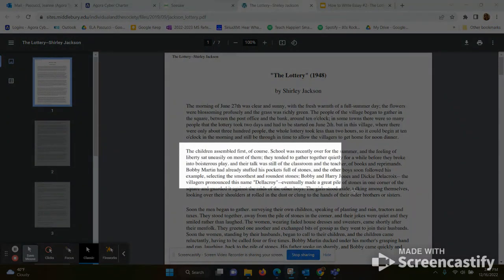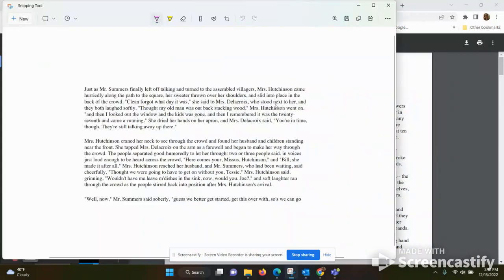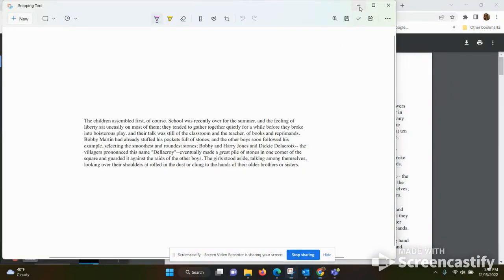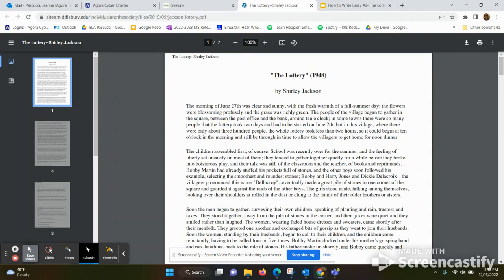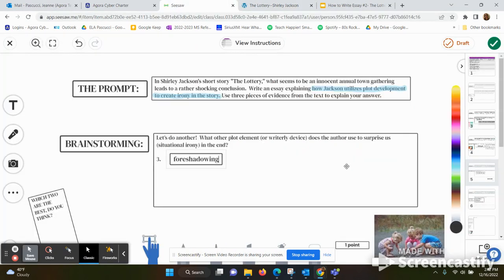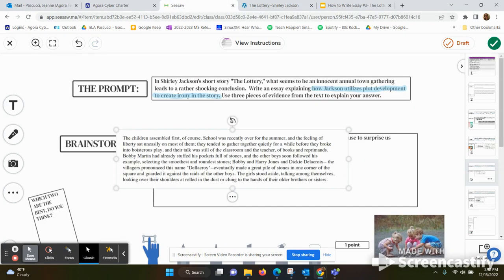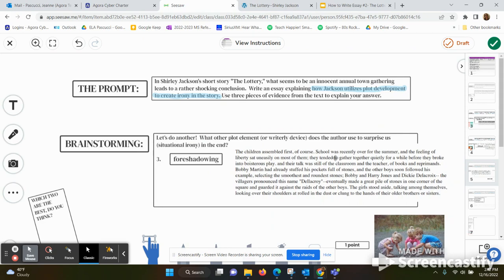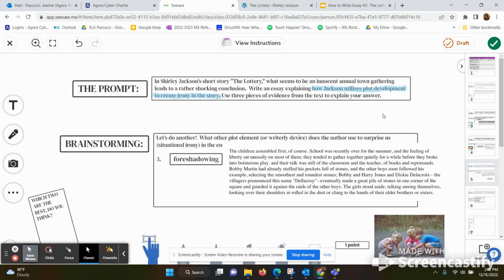Again, I'm going to just take a snip so I know where it is. Now, of course, you can use direct evidence where you say the text states, comma, quote, and then you put exactly what it says. Or you can use some indirect evidence and paraphrase. But either way, I'm going to put this here so that I have it. Now listen, I'm going to have you guys add your own evidence and find your own evidence for the third essay, but